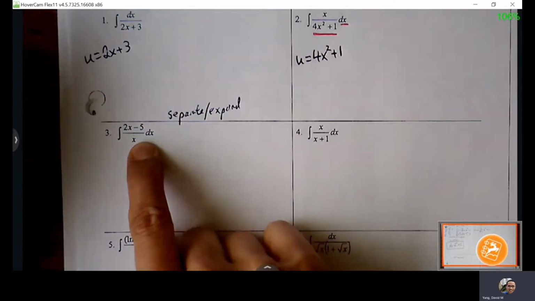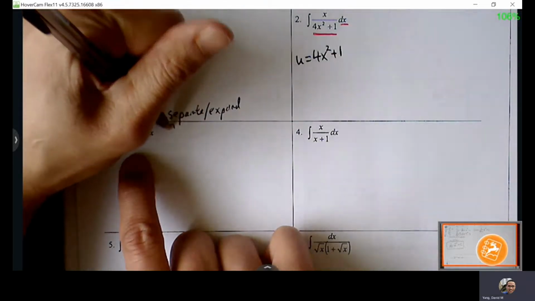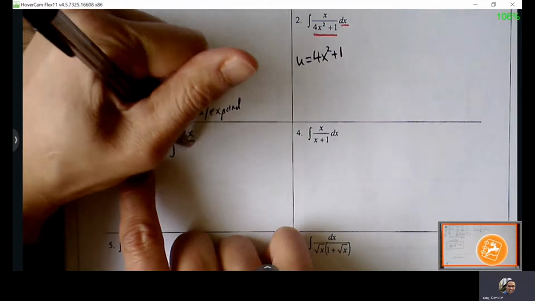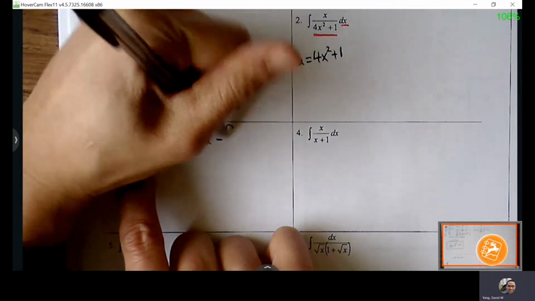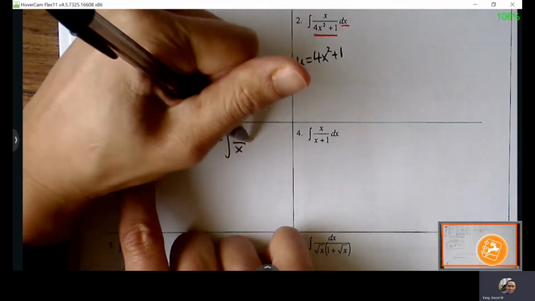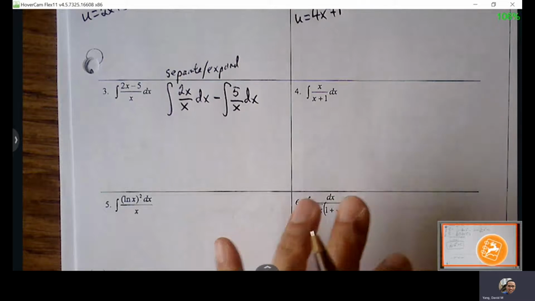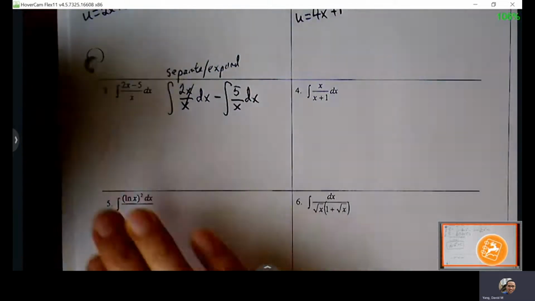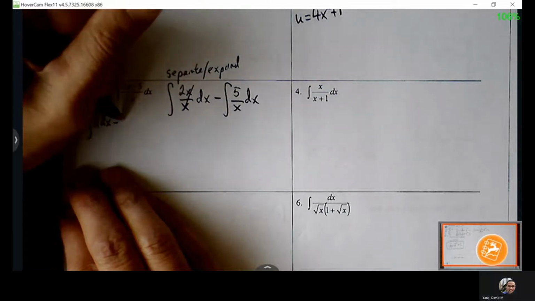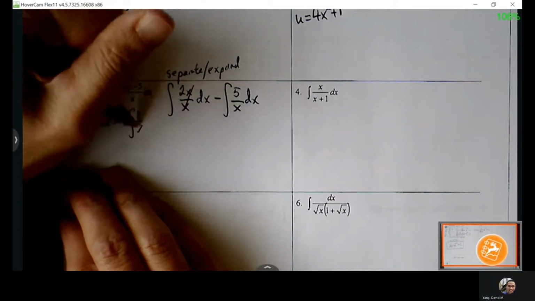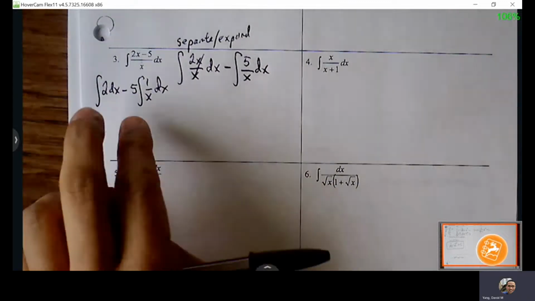Okay, we can split this up. Actually, let's work this out just so we can get that practice in. So I'm literally just going to split this up into 2 problems. So you can just see that, okay, I'm really just dealing with 2 independent problems that have no impact on each other. Get the x's to go away. Okay, maybe I'm going a little overboard by writing out each separate term, but I just want you guys to